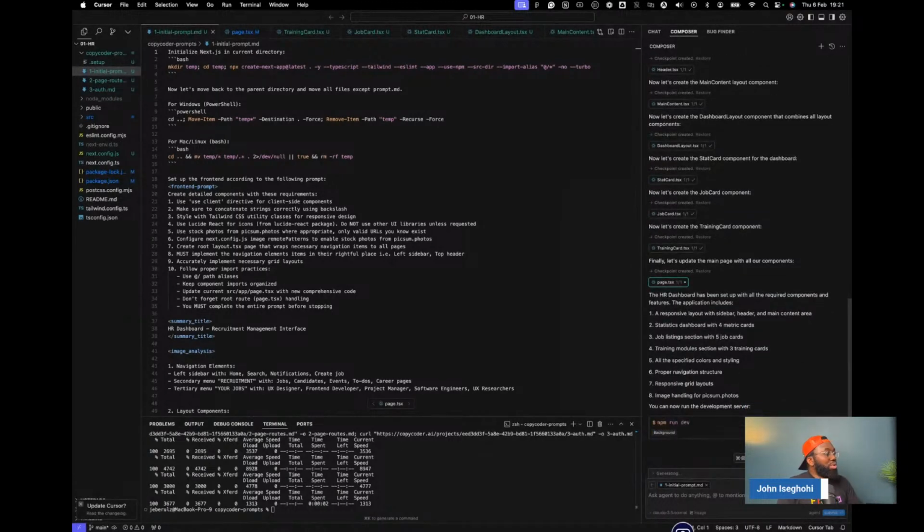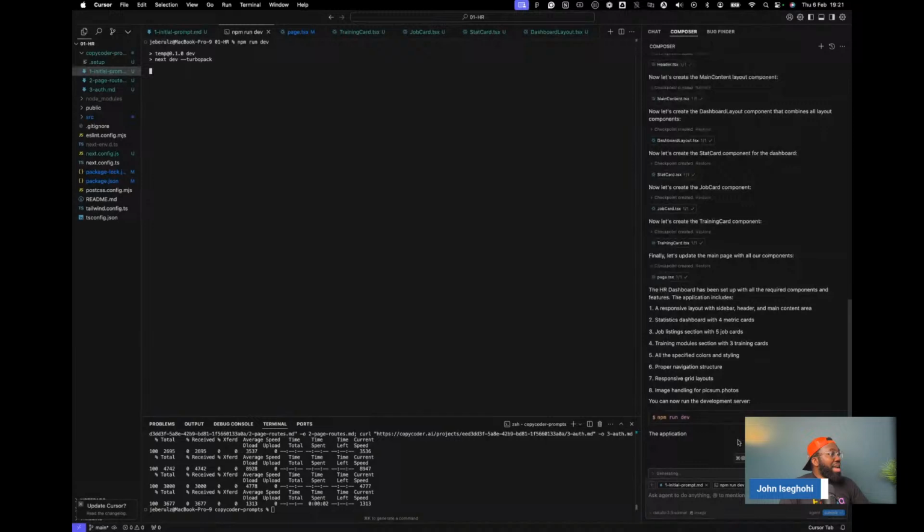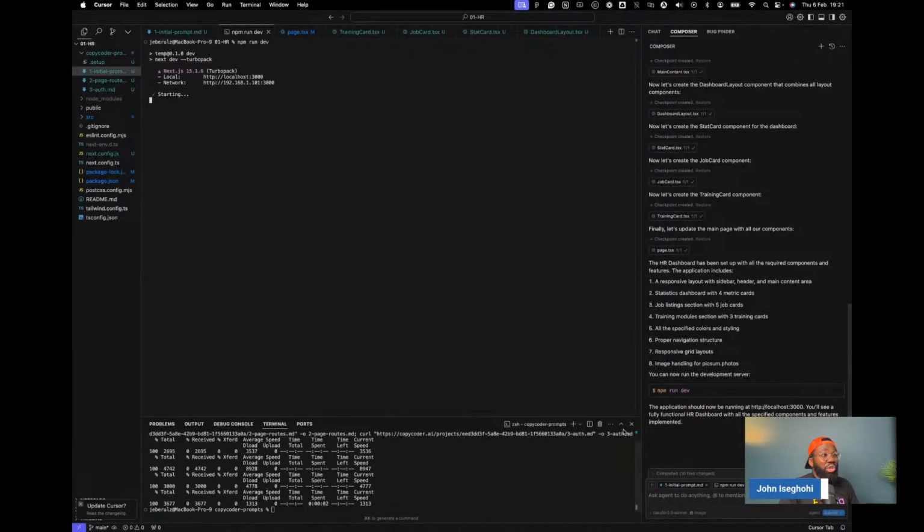Now I'm going to show you. I think it's done the first one, npm run dev. Okay, accept, run command. Everything I'm doing now, I've actually done already and have it running somewhere, but I just want to make sure we do this while we are here. It has finished the first run, as you can see. The next thing I need to do is run